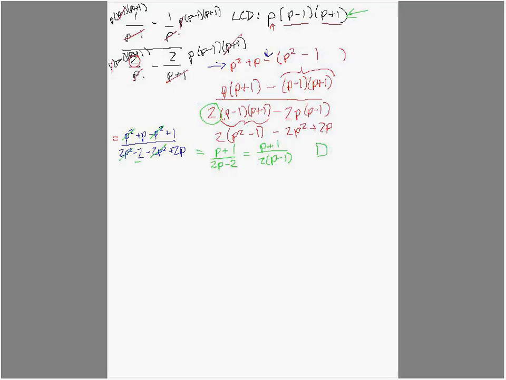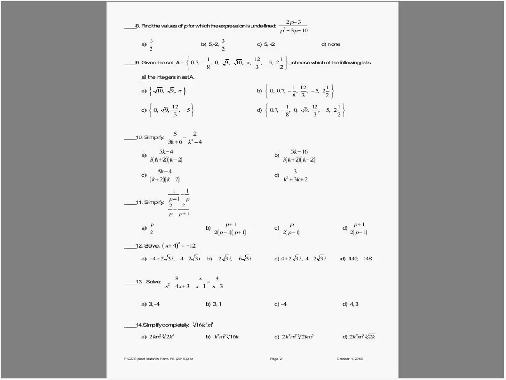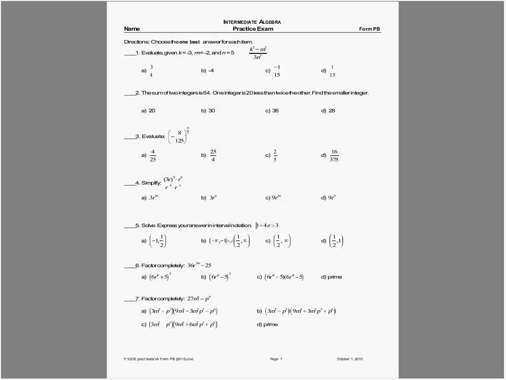For 11, and we've got a request for number 2. Okay, 5 minutes, so I'm going to try to get this next one done. Go back and go to number 2. Oh, look here. The sum of 2 integers is 64. One integer is 20 less than twice the other. Okay, the important thing here is to name your variables. I'm going to use these words that they gave.